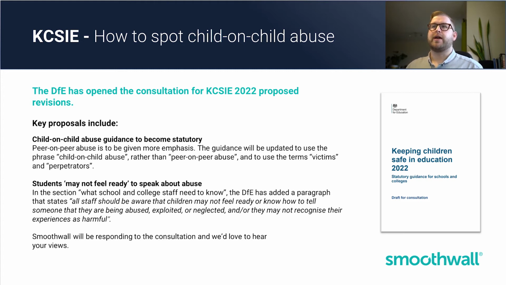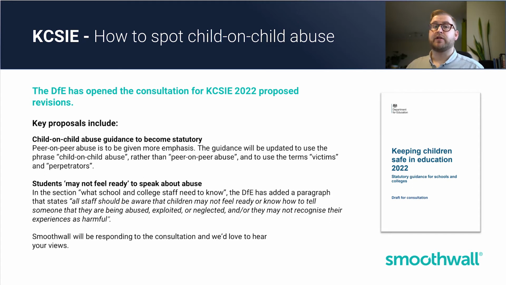And what this really talks about is there are a couple of key areas that schools really need to be looking out for and intervening early with, particularly bullying between children, whether that's cyberbullying, whether it's prejudice-based or discriminatory bullying, looking at abuse in intimate personal relationships between children, what sometimes gets called teenage relationship abuse, looking at physical abuse between children, so things like hitting, kicking, biting, hair pulling, which isn't often a digital risk,